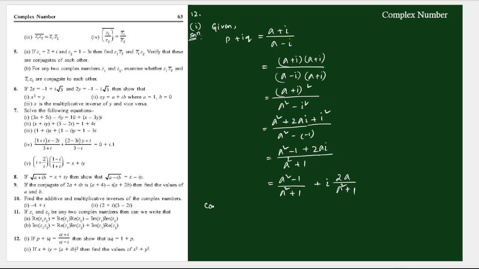Okay, let's compare the real and imaginary parts. Okay, p equals alpha square minus 1 over alpha square plus 1, q equals